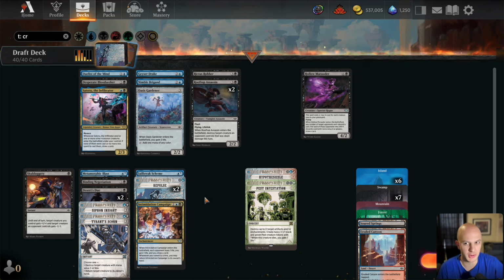I'm splashing Pest Infestation off a Forest and an Oasis Gardener here. I think the card's good enough to do it. I just didn't end up with any green deserts, unfortunately. So, again, not particularly thrilled with this, but it should be an interesting one, a nice little warm up to the format here. We're going to get into our game one, but before I do, this is our first draft